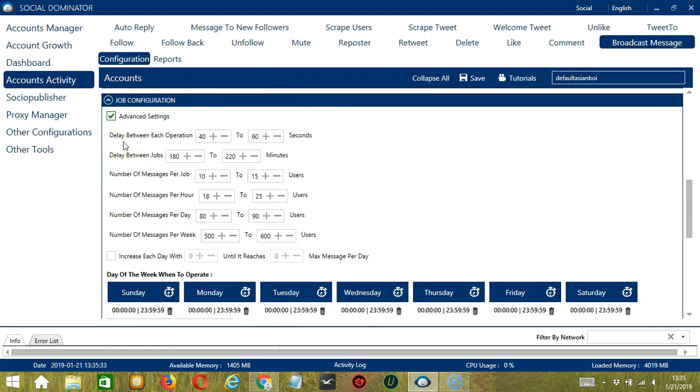Delay between each operation is the number of seconds between each Twitter user is messaged. Delay between jobs is the number of minutes the software should pause after sending messages to the number of users you set in number of messages per job. Number of messages per job will allow you to specify the number of Twitter users you want to message per job or per cycle. You may also specify the number of users you want to message per hour, per day,